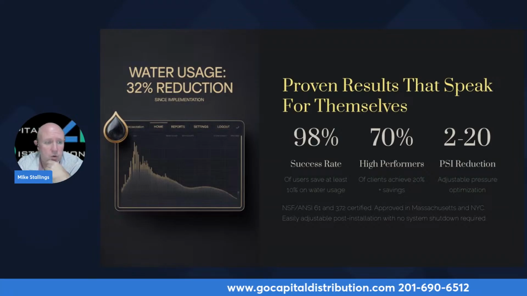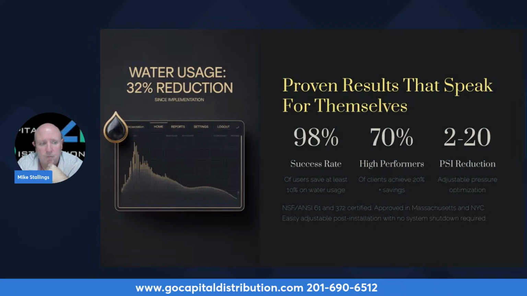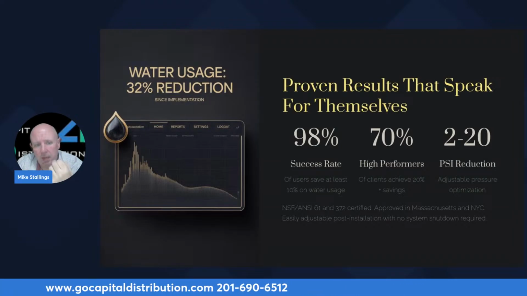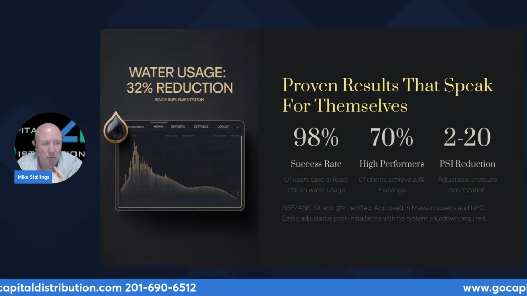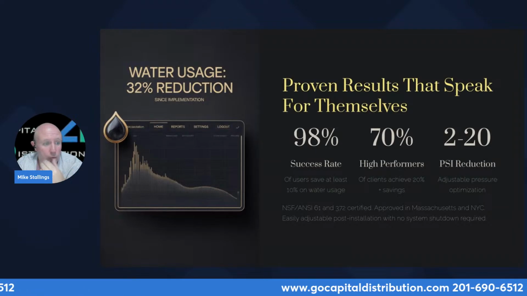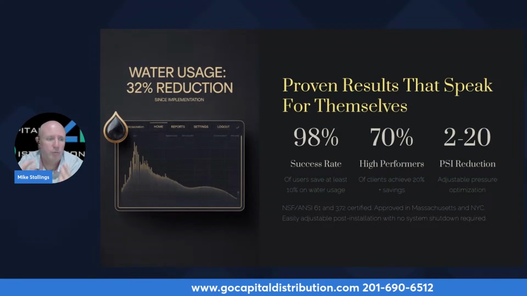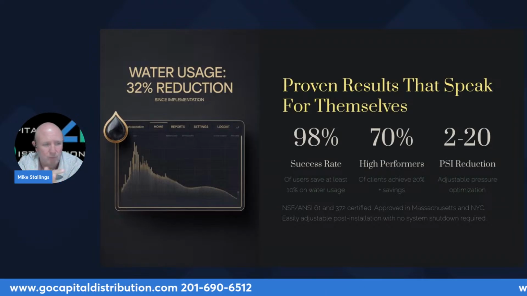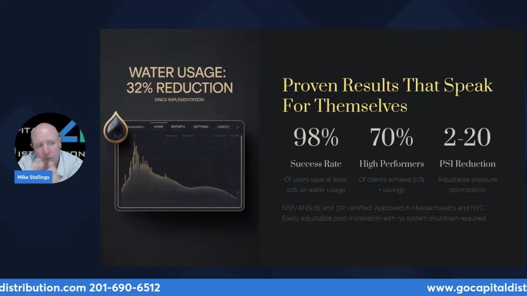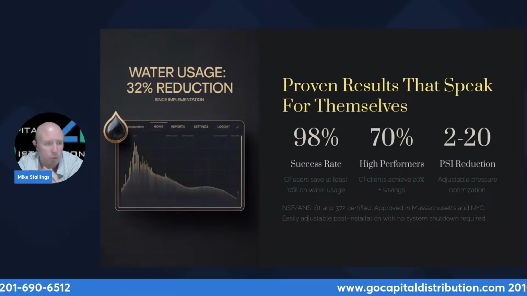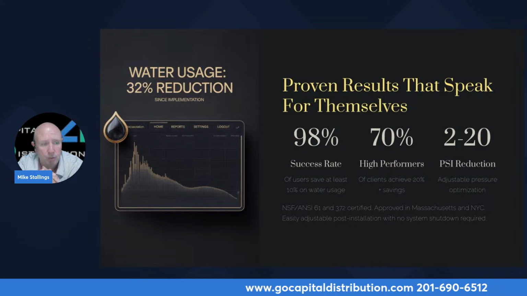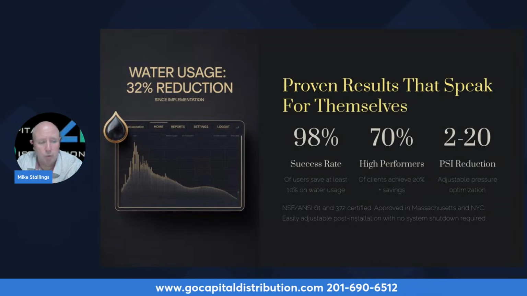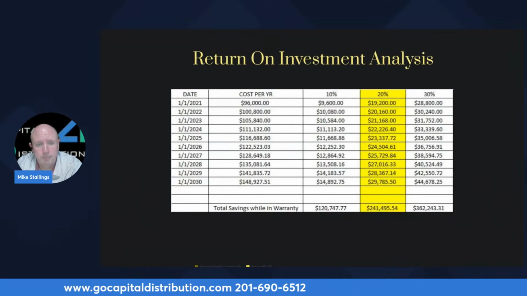The results since the Smart Valve, we've been marketing the Smart Valve for almost a decade now. 98% of our customers save 10% or more on their water and sewer usage. 70% save 20% or more. Most of our folks fall in the 15 to 25% range. That's pretty much probably 80% of our customers, but those that don't, almost all of them save more than 25%. We've had numbers in the 30s and the 40s, even into the 50s, which is rare, but it has happened.